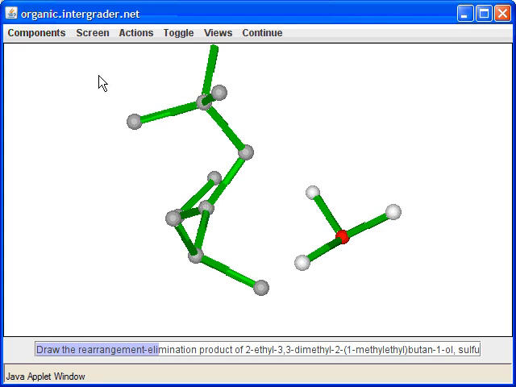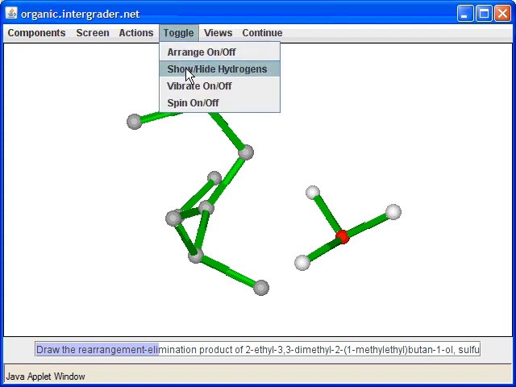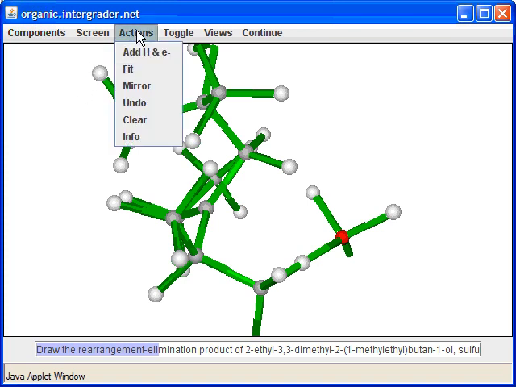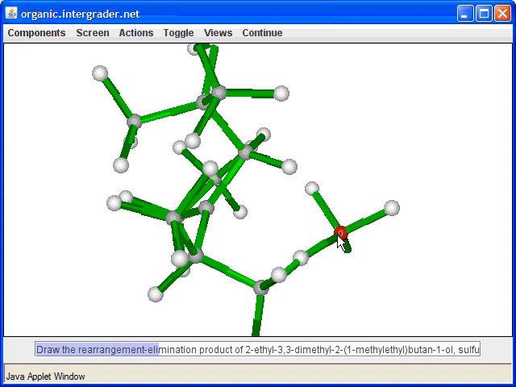Now once you've done that, the next step of this reaction, and let me show all the hydrogens again. Now let me move this out of the way because something funny happened right here. What happened is that I bonded those electrons not to oxygen, but to a hydrogen next door, not realizing that there was one there because I had toggled off the hydrogen. So make sure that this is over here.